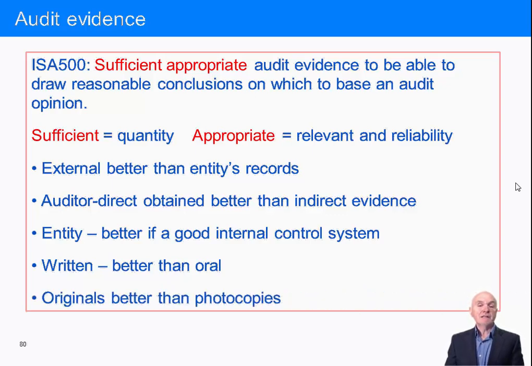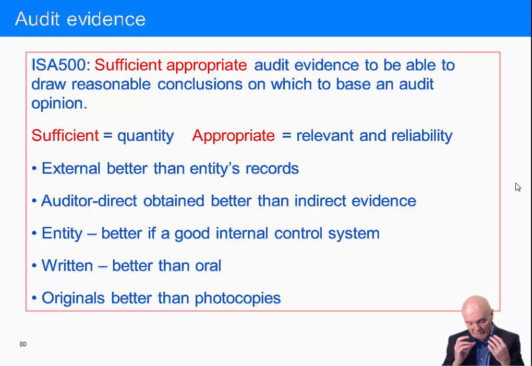And finally, originals are better than photocopies. Nowadays, of course, you can scan in documents, you can Photoshop documents. We've all seen examples in the press, very often done for humorous reasons, where a different head has been photoshopped onto a body or something of that sort, and you barely see the join, that this can be so skilled. So if somebody has scanned in a document, let's say it's a contract, scanned it in and gives you a printed out copy of the scanned document, that's of hardly any use at all,